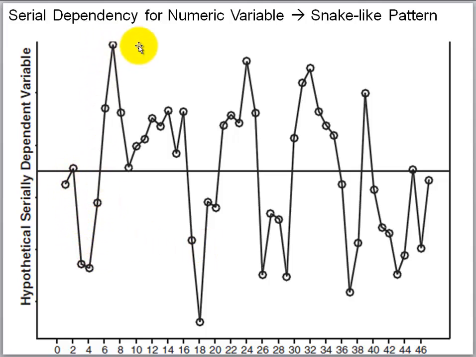So here, for instance, are about 8 or 10 data points, all of which are high in value. And then here is a group of 4 or 5 that are low. So we're not seeing a random bouncing back and forth across this line that cuts across the middle, but rather we're seeing highs tending to go together in time and lows tending to go together in time. So if you see a pattern like this, you've possibly got serial dependency for a numeric dependent variable, and in a situation like this,